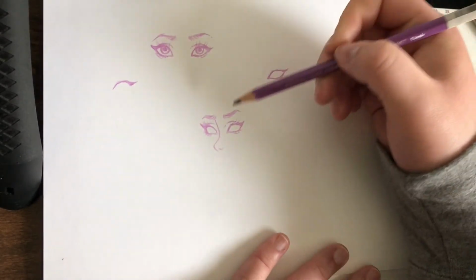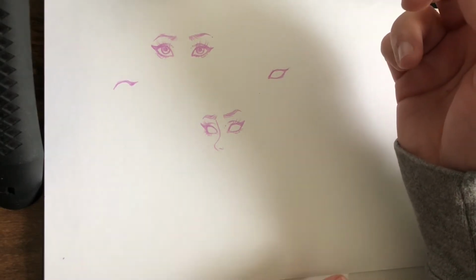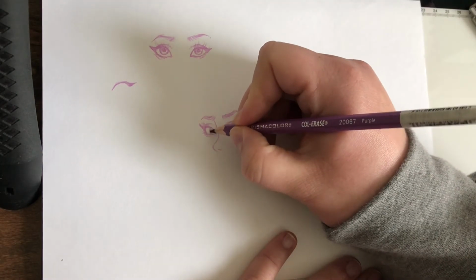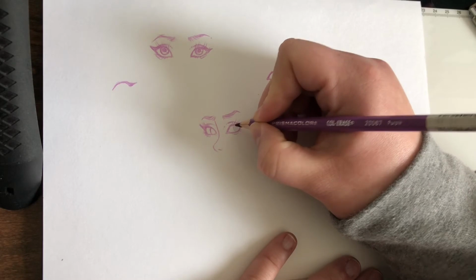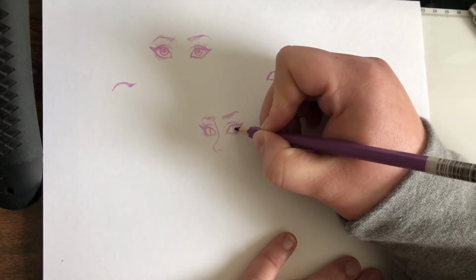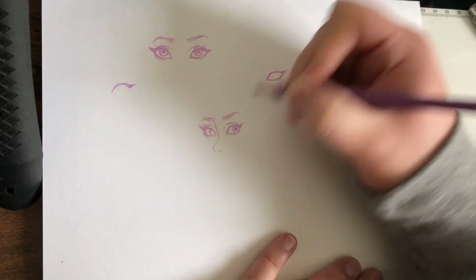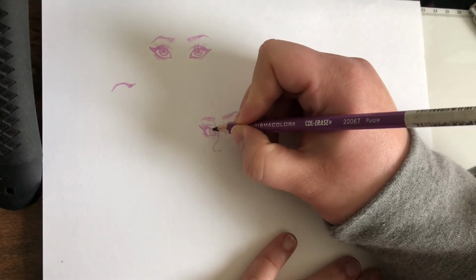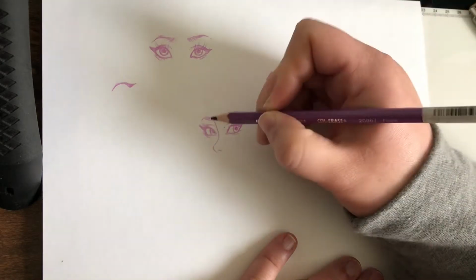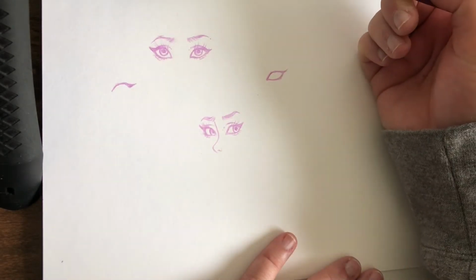And then for this, what I like to do personally, whenever I do a 3/4 face, quarter turn, however you want to word it, is I like to make the eyes look back at the center, or at least look into the corner. So it might not look exactly right at you, so to speak, for the image, but it's going to be looking. And you just do the same thing, a little half moon line towards the corners,